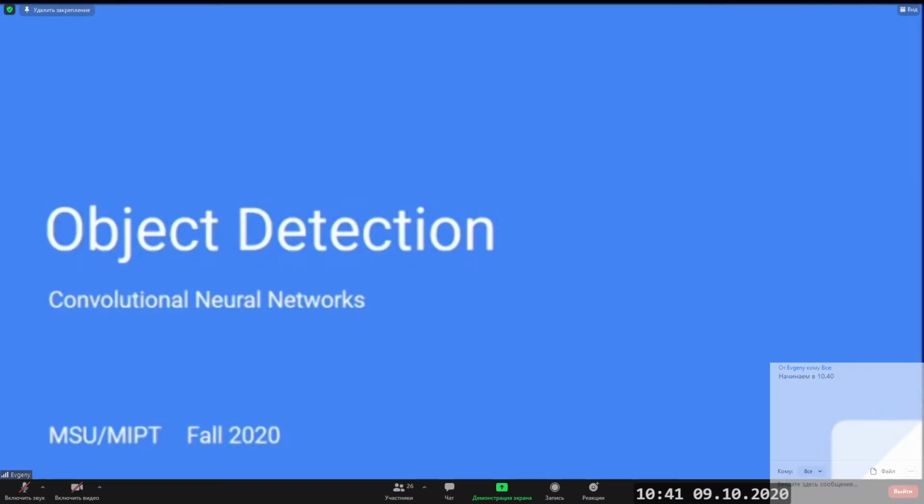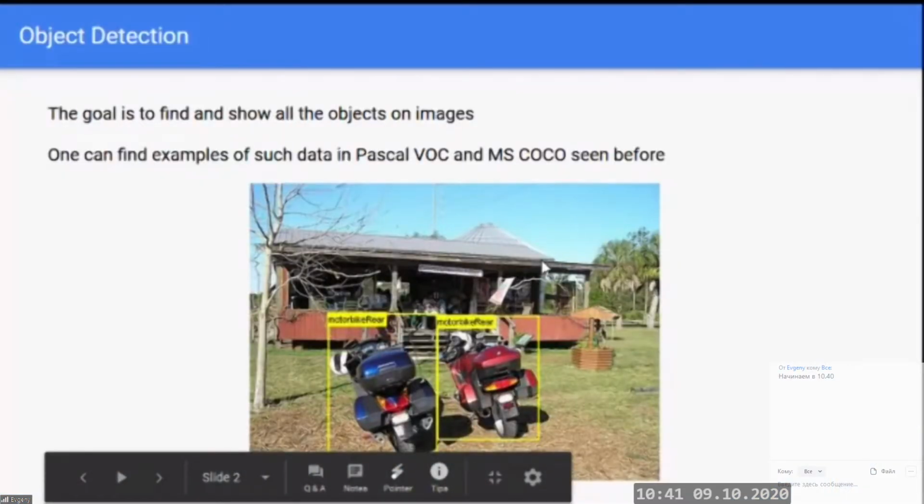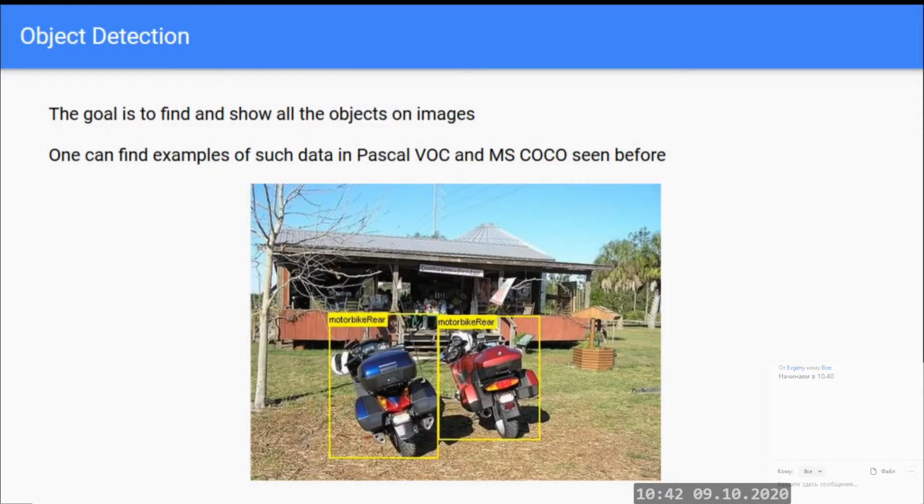Okay, so today's lecture topic is about object detection with convolutional neural networks. Our previous lecture was about semantic segmentation models, where instead of just finding what class is present on the picture, we wanted to map all the pixels into some classes we have. Object detection is another approach for finding objects, where we don't only want to find what classes are present, but we want to locate and create bounding boxes for all the objects that we have